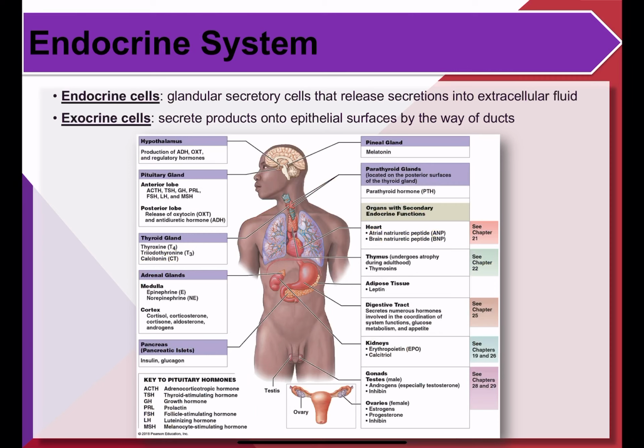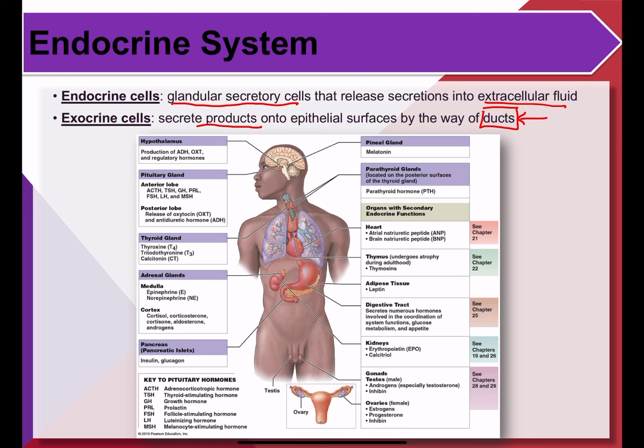So organs of the endocrine system can either be made up of endocrine or exocrine cells. I kind of mentioned this last semester, okay, and in some cases, some endocrine organs actually have both endocrine and exocrine cells. And what do we mean by these two types of cells? Endocrine cells are glandular secretory cells that release secretion directly into the extracellular fluid. Whereas exocrine cells secrete products onto an epithelial surface by way of ducts. Okay, so exocrine means they require a duct of some sort in order to get to their destination. Endocrine cells, you don't need a duct. Okay, those diffuse straight into the bloodstream, and then circulate around the bloodstream